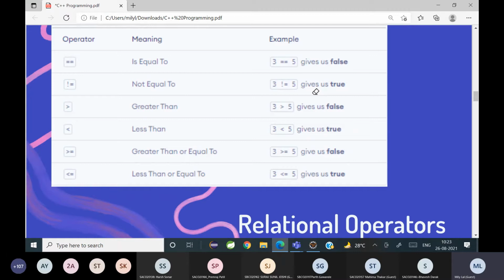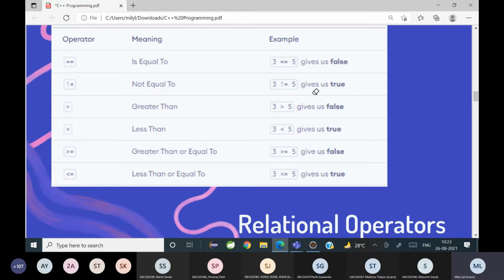No. It's not like 5 is getting copied to 3. Okay, so that is the difference here. We are checking whether the left hand side is equal to the right hand side. So 3 is not equal to 5, so it returns a false.